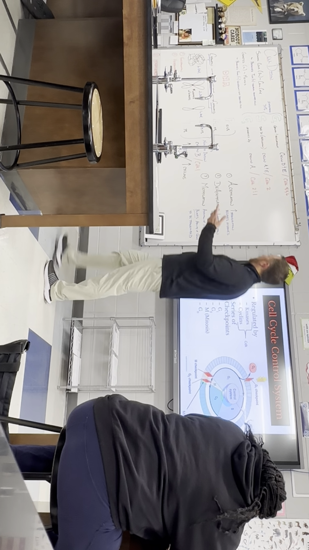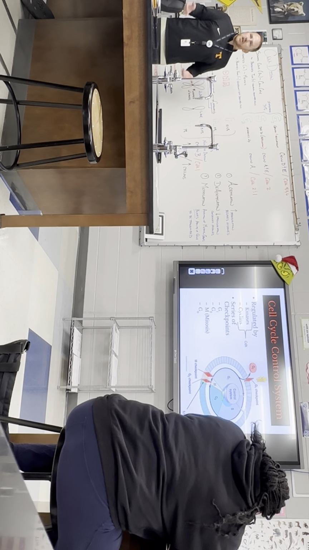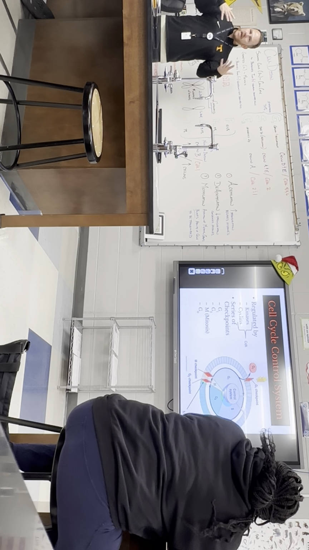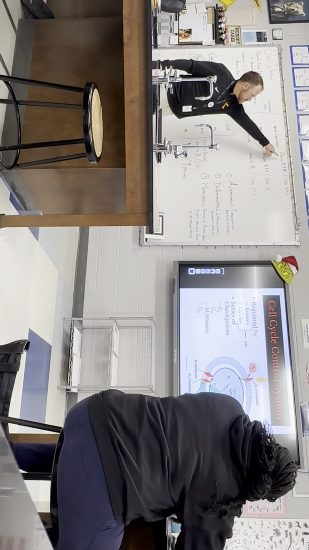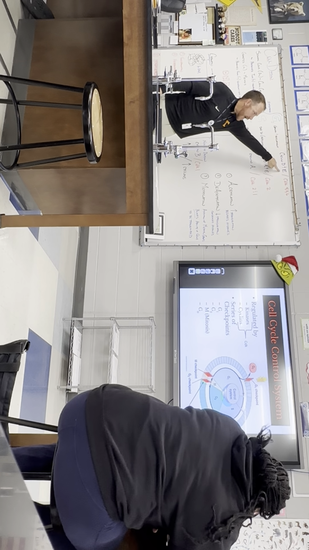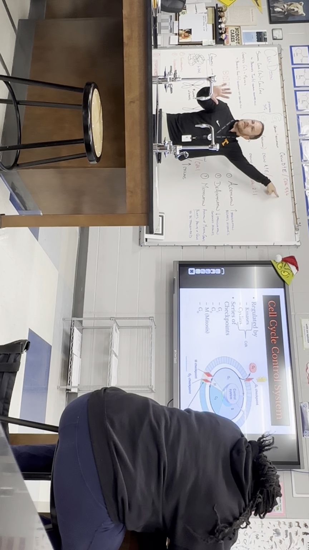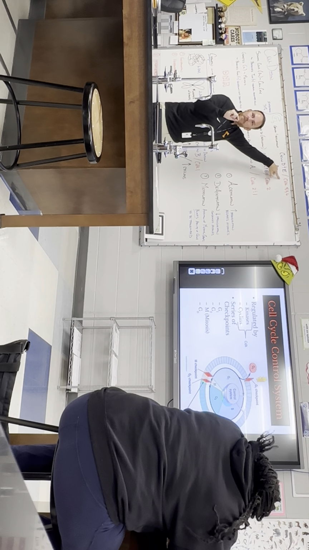For example, if you look up here for a second, G1. All right, we know that G1 is just normal growth and development. Well, what regulates the communications to maintain the G1 state? Cyclin D and E, and it has to connect to CDKs 4, 2, and 6. Now, you don't have to memorize that. I'm just showing you for effect. But it's showing you in G1, you need that combination.